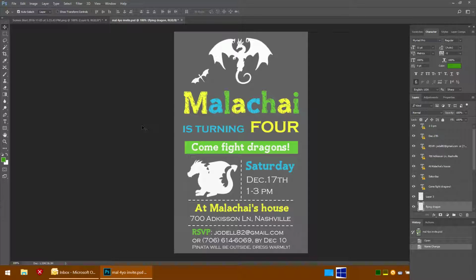I just have a couple modification suggestions. One is to improve the dotted lines, and the other is I really like the dragon on the invitation sample you showed me better than this white one you did. So let's go to the